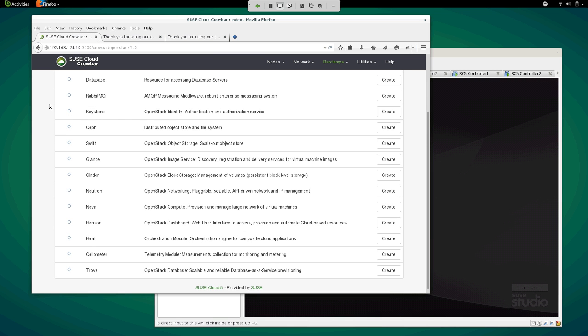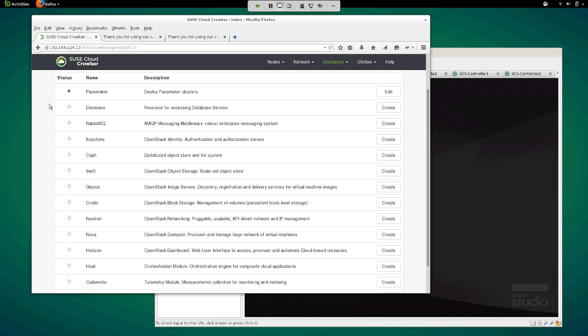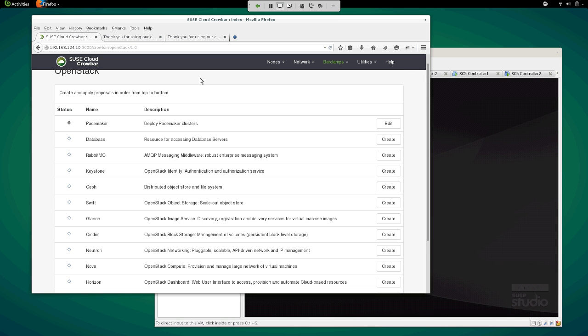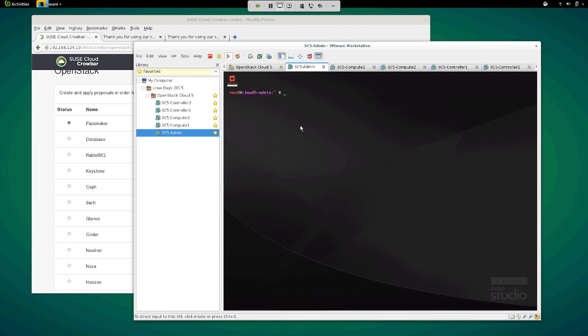As you can see in here, we have all of the components for OpenStack that are available so that you can install those. Now, I'm not going to edit or create any of these through the web interface. I'm going to go to the command line on the administration node. Everything, as you can notice, is running under VMware Workstation in this particular demo environment.